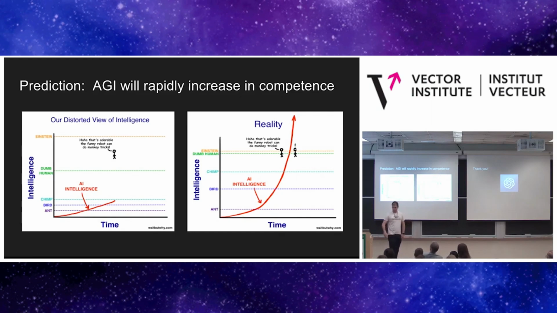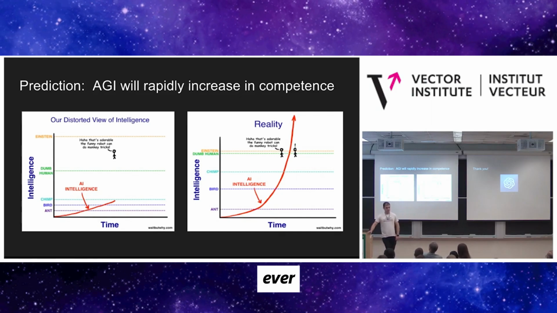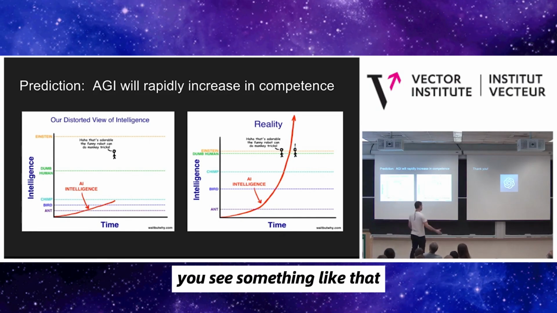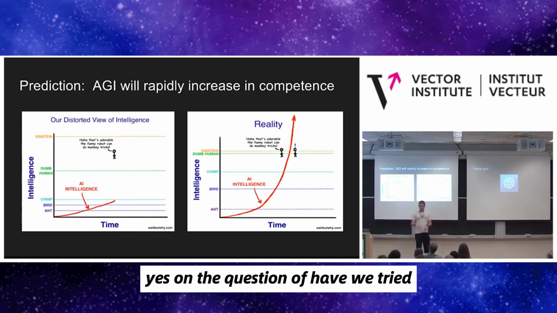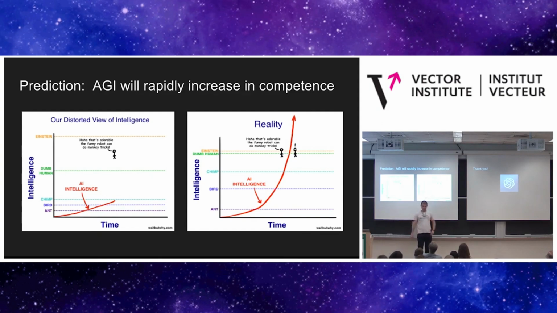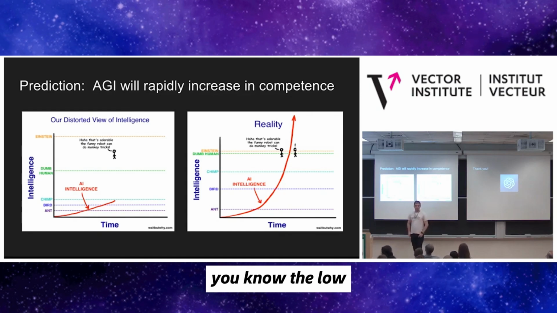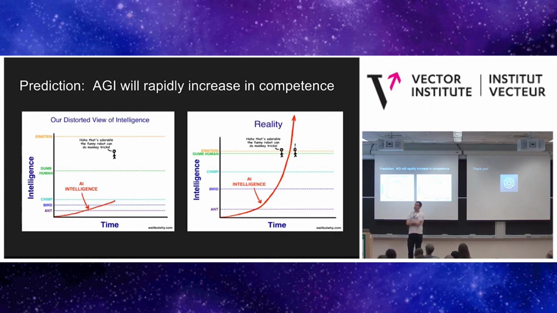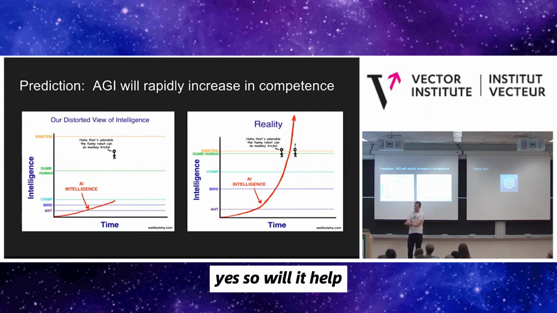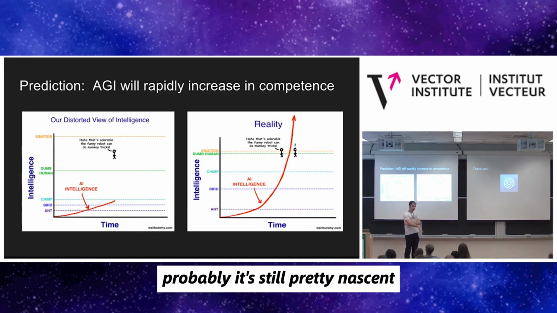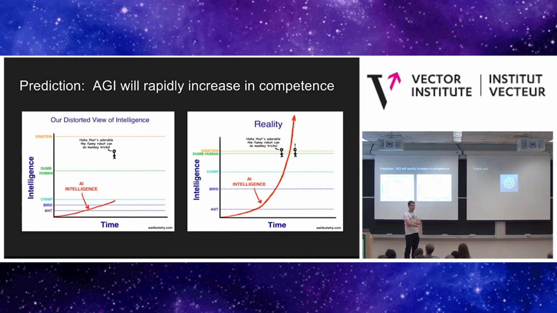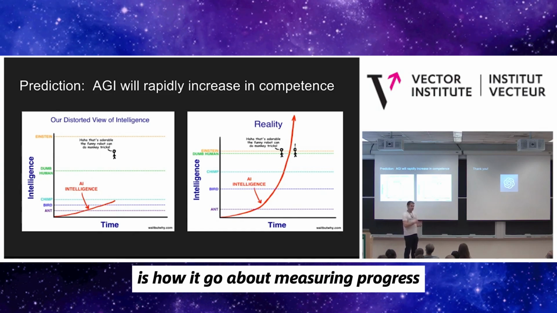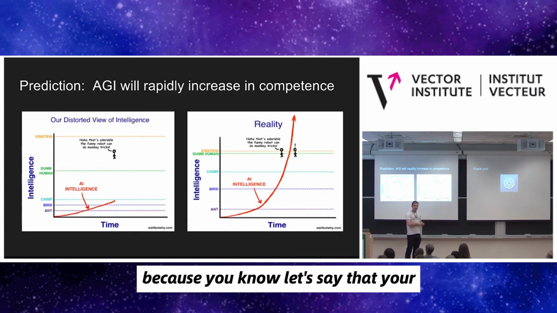Okay. In your self-play, did you ever talk about the stereotypes and low-level policies, something of a generalization to the past? Have you seen something like that, or tried something like that in the self-play environment? Yes, on the question of, have we tried learning the low-level action primitives in self-play environments? And the answer is, we have not. Yeah, so will it help? Probably. It's still pretty nascent. And one of the big challenges in these self-play environments is how you go about measuring progress. Because, let's say that your agents are doing something